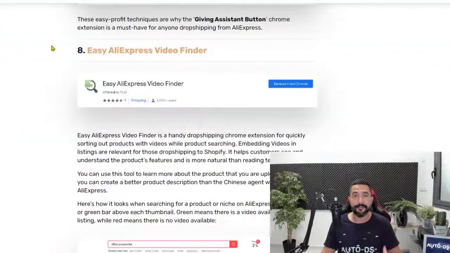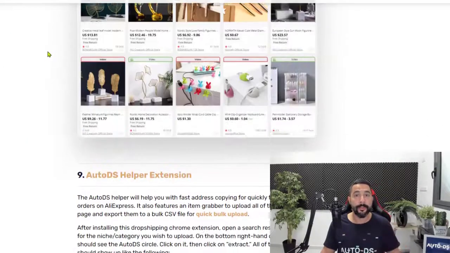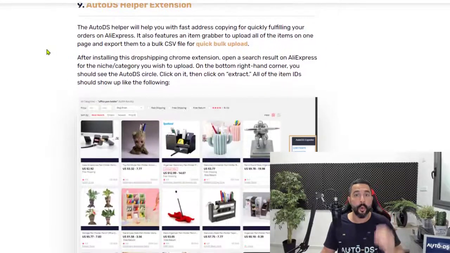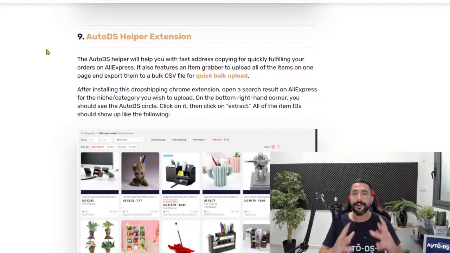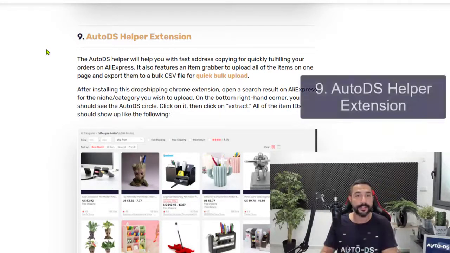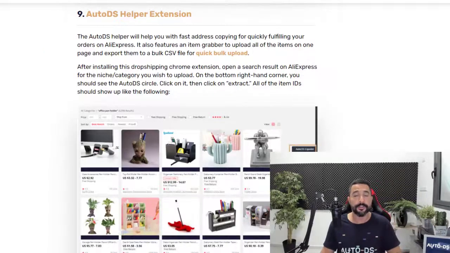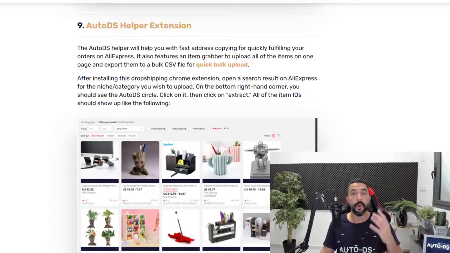It'll save you a lot of time along the way. This brings us to the last Chrome extension that I want you guys to use while dropshipping from AliExpress. And now I want to talk to you guys about extension number 9, the last on our list, called the AutoDS Helper extension. Now, this neat little extension is going to save you the most amount of time when dropshipping